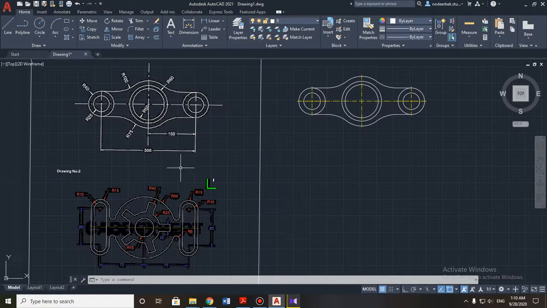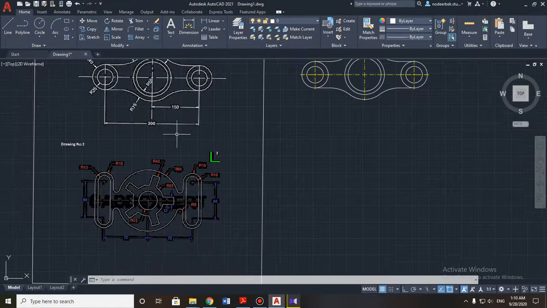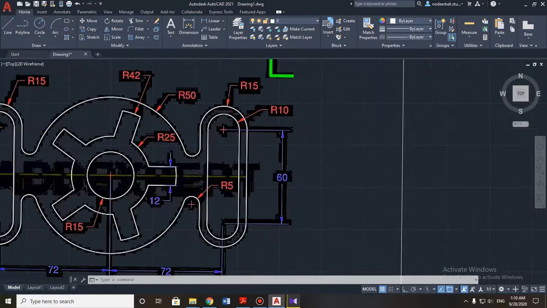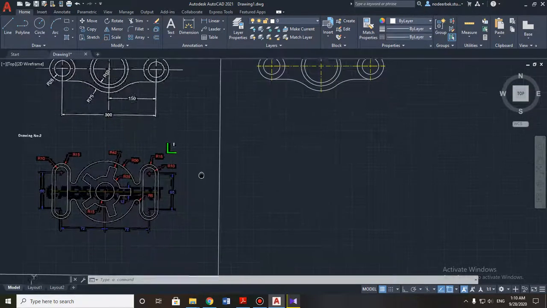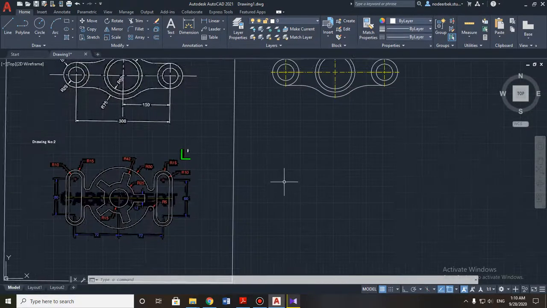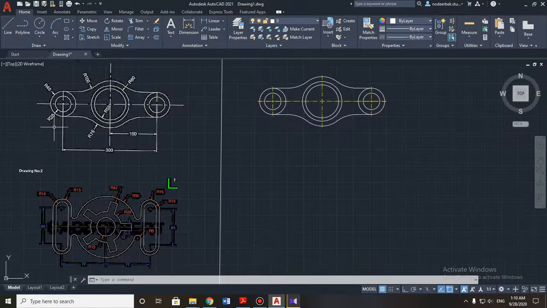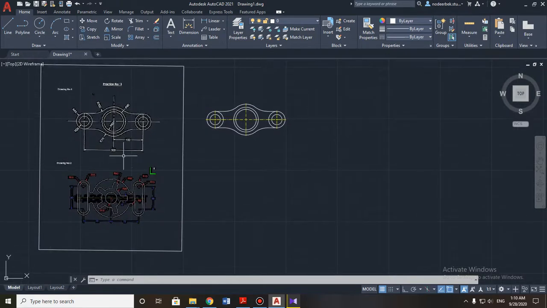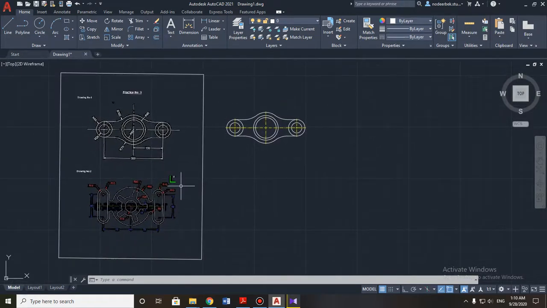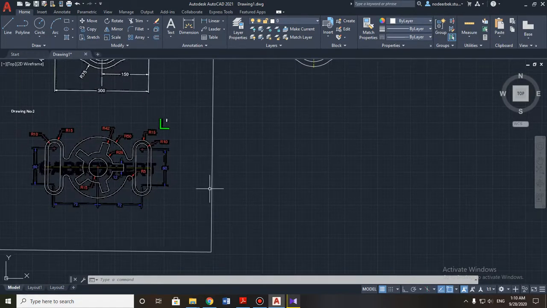As you can see, the sizes are quite the same. There's no big difference between sizes, so I think I can use this place. If you want to use this trick, like putting the sample file here, you can use it. But if you have two monitors, you can open the sample PDF file in one monitor, and the AutoCAD software in the other. Okay,